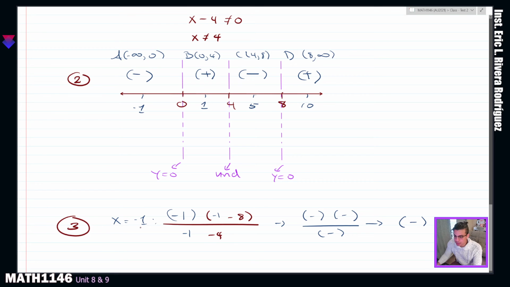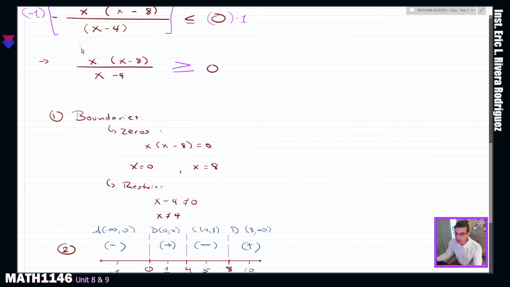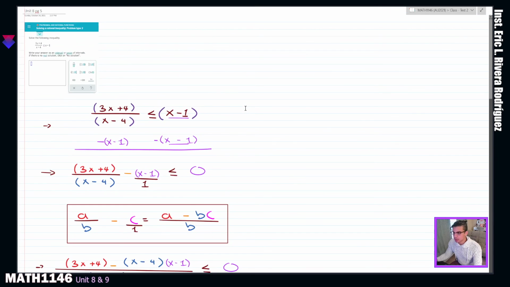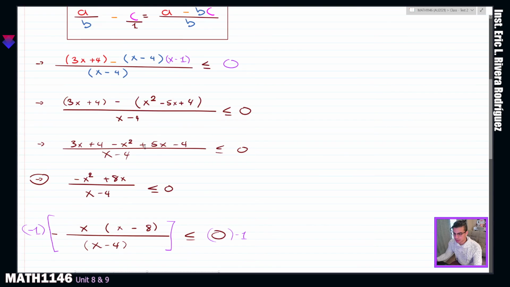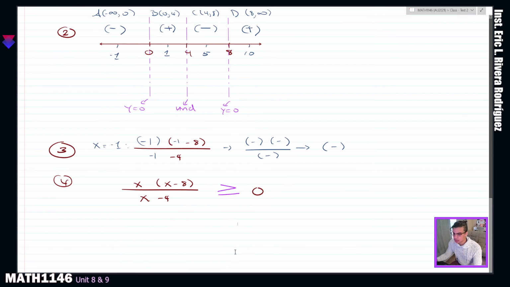But remember that in your work you will need to evaluate here for each region. And since we are looking for greater than, initially we were looking for less than, but because of this, I was able to transform the exercise into a greater than or equal inequality. So the solution is going to be